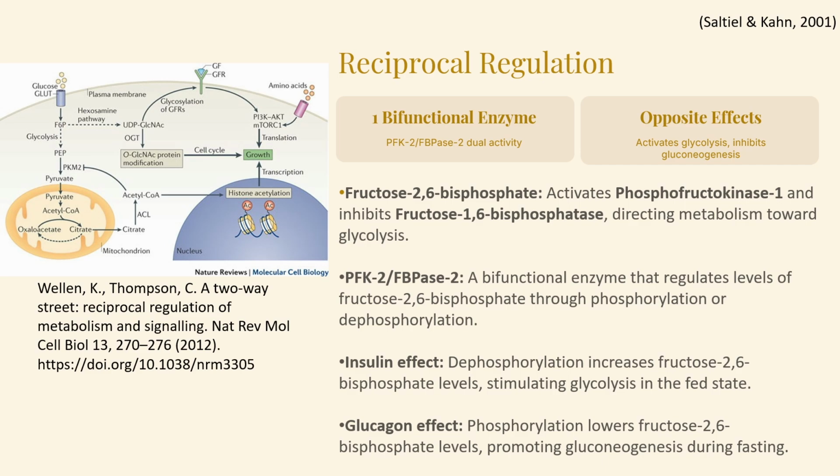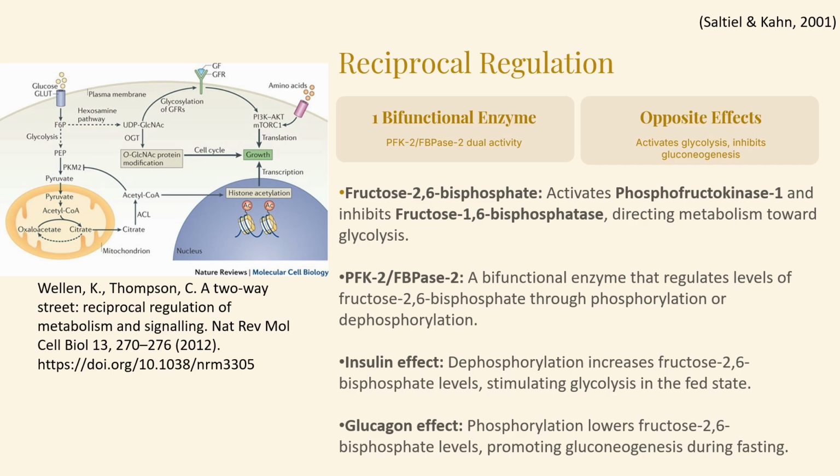One of the most important molecules controlling this balance is fructose 2,6-bisphosphate. This molecule acts as a powerful metabolic signal. It strongly activates phosphofructokinase 1, the rate-limiting enzyme of glycolysis, while at the same time inhibiting fructose 1,6-bisphosphatase, the key regulatory enzyme of gluconeogenesis. Because it has opposite effects on these enzymes, fructose 2,6-bisphosphate helps determine which pathway is active